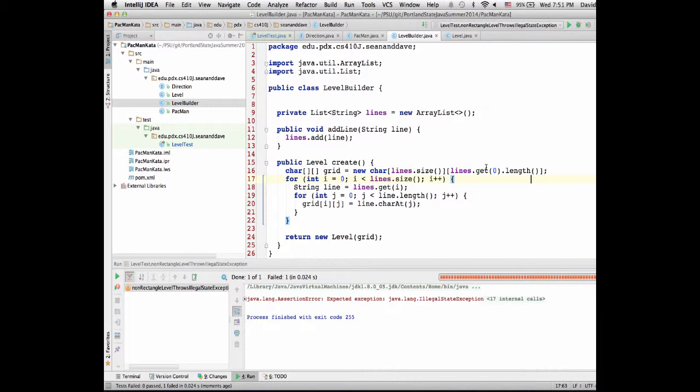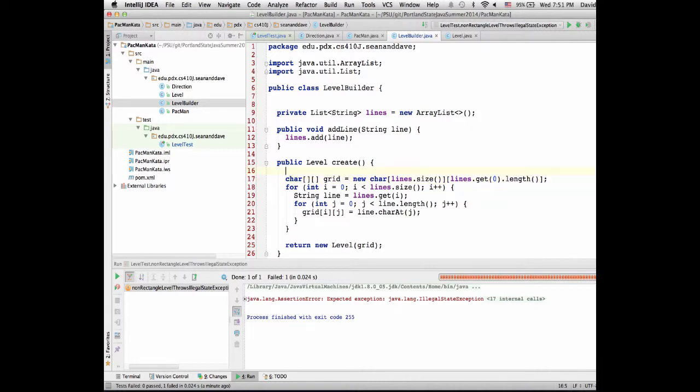So we want to keep track of the width of the board, and if it's not the width that we started with, just throw the exception. All we need to keep track of is just the width of the first line, right? We set that, and then after that, if it's not equal to that, throw an exception. I think that'll work. We're going to do that right here, right? So that is, let's see,